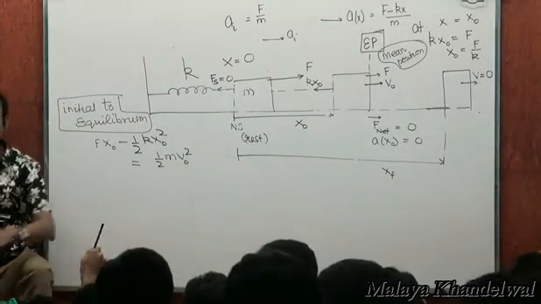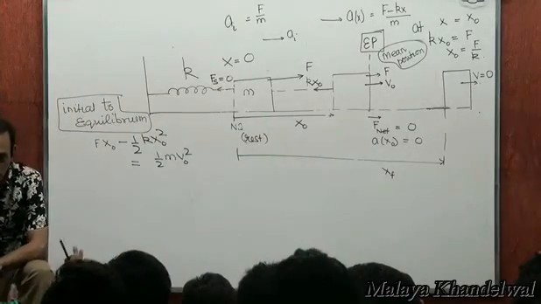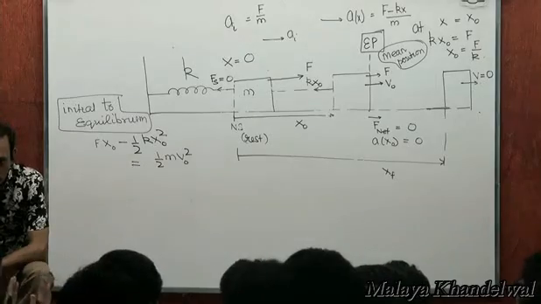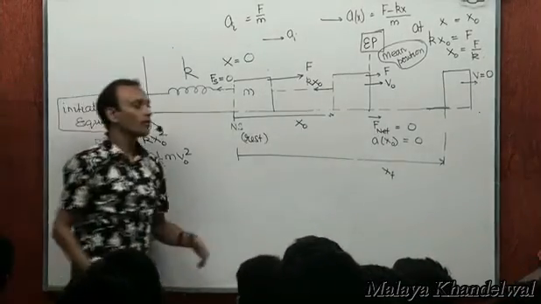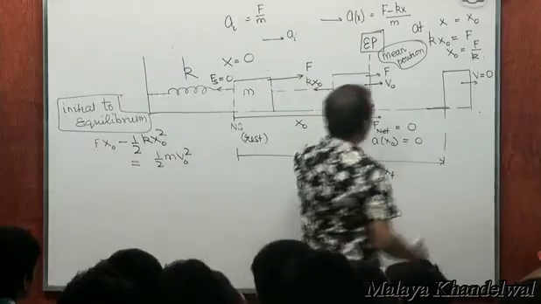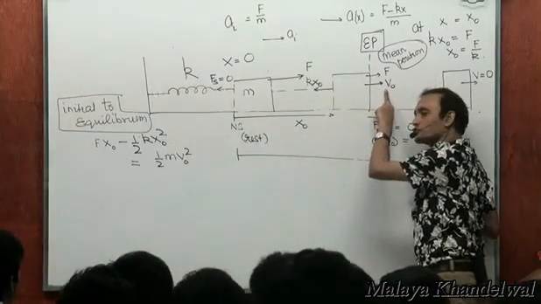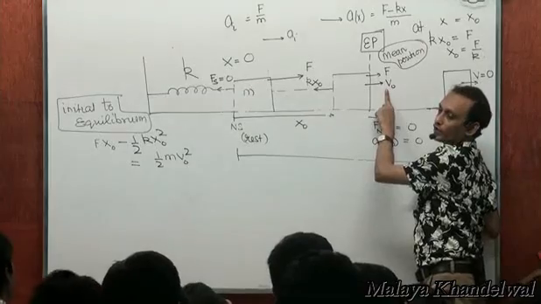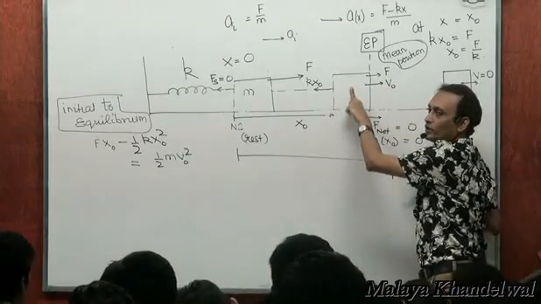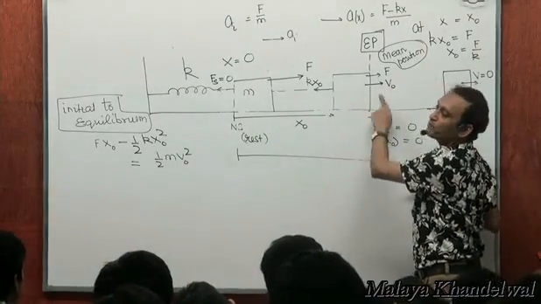After F becomes equal to k x naught, after this equilibrium instant, the body will not stop, because although k x increases, the particle has a velocity to the right. As long as it has velocity to the right, it will continue to move to the right. Any particle will move not based on its acceleration but based on its velocity,